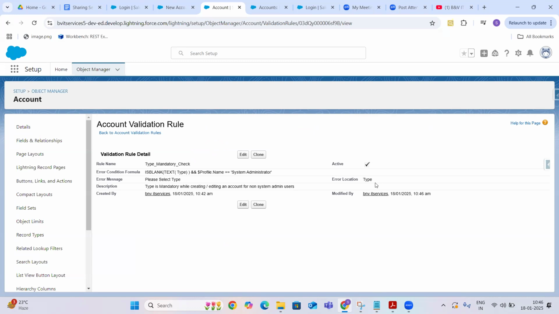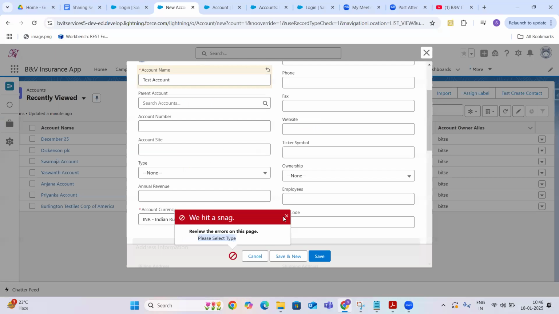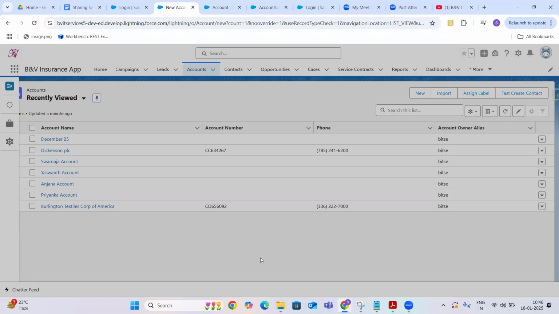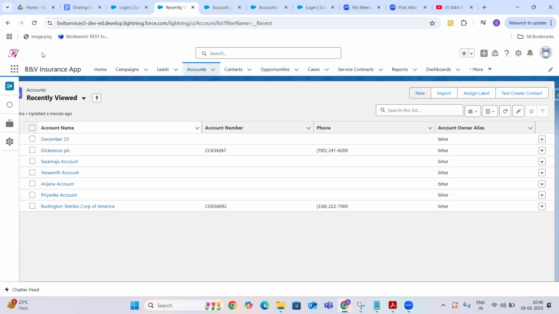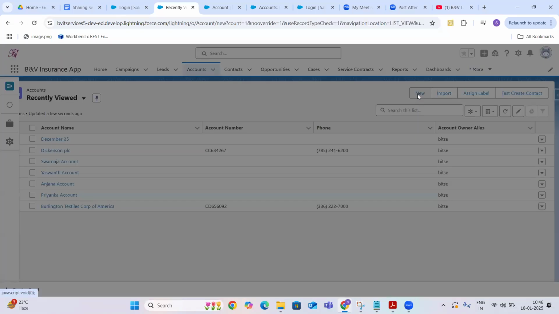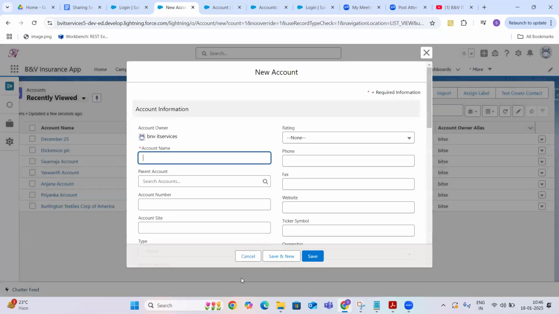In such cases, we will use top of the page. Otherwise, if this validation rule is simply related to a particular field, then obviously we will display it next to that particular field so that users can easily understand.